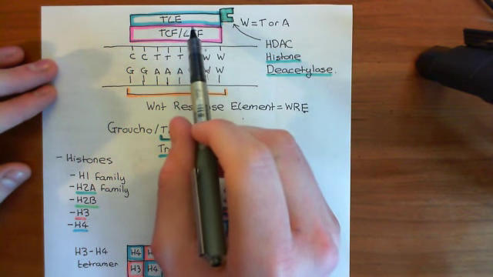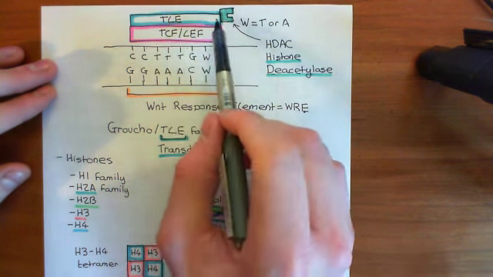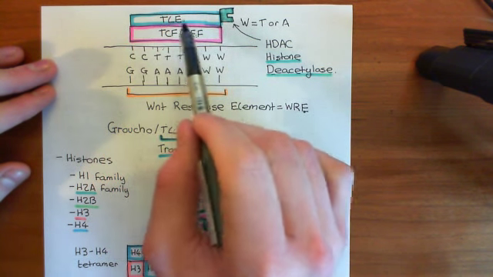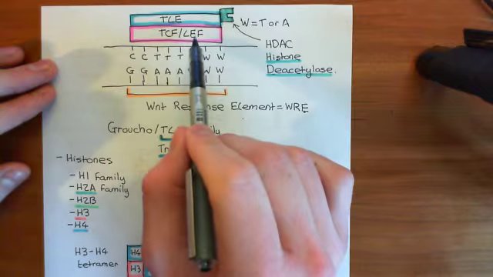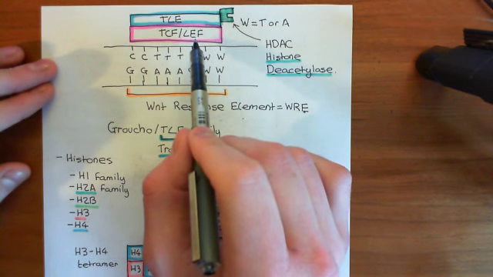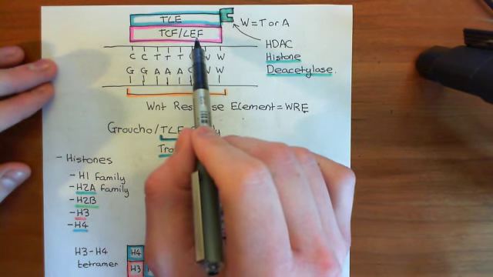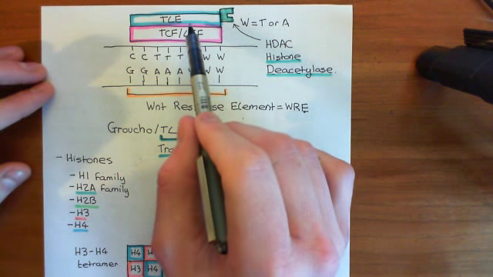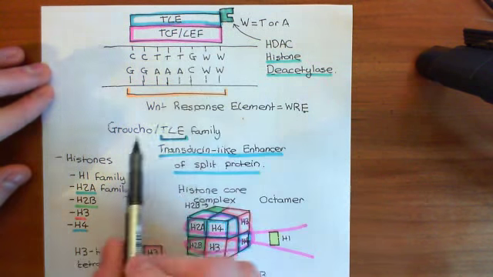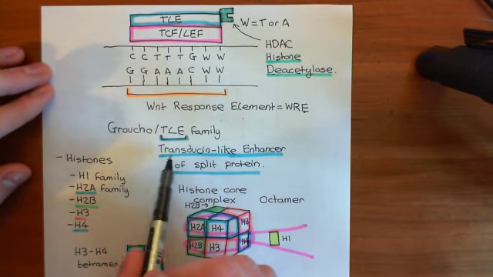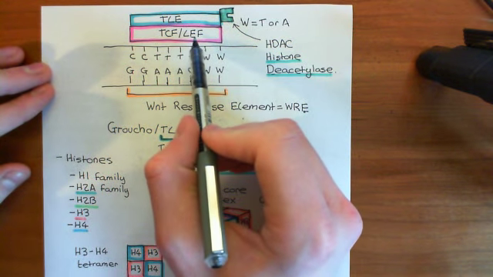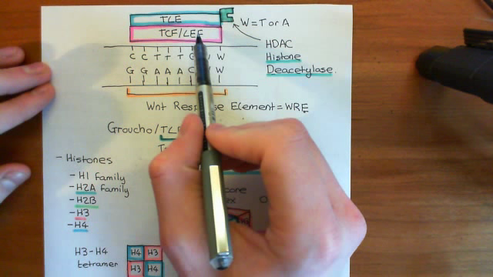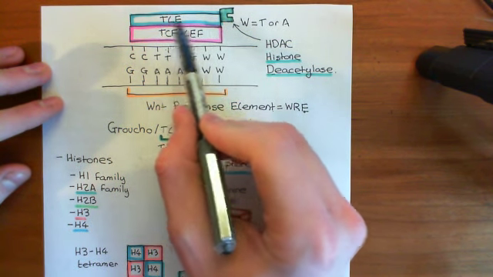Now, when the beta-catenin is present, beta-catenin will bind on top of the TCF-LEF family transcription factor. But at the moment we're in the off state, so there is no beta-catenin present. So instead, a Groucho-TLE family protein is going to bind on top of the TCF-LEF family transcription factor. And this Groucho-TLE